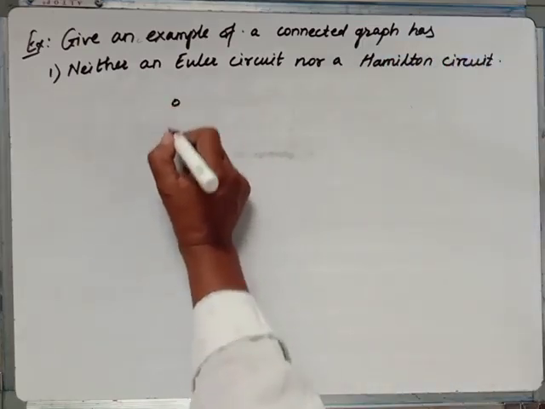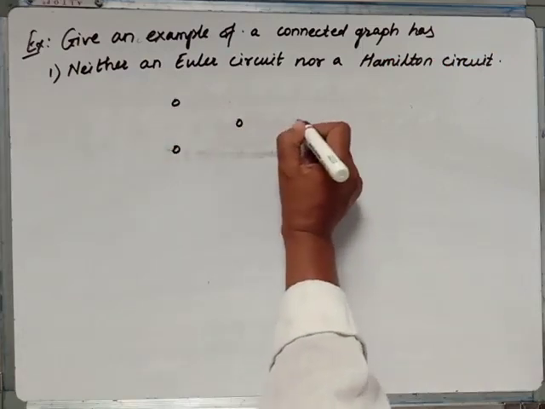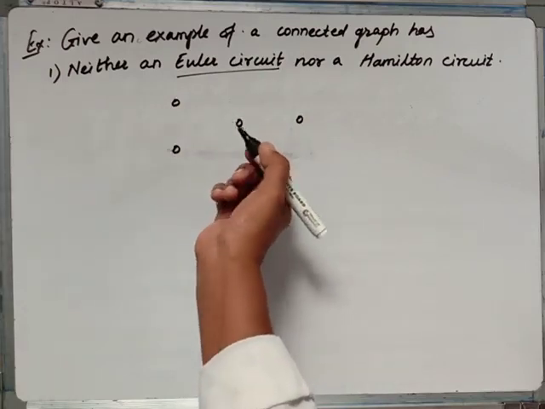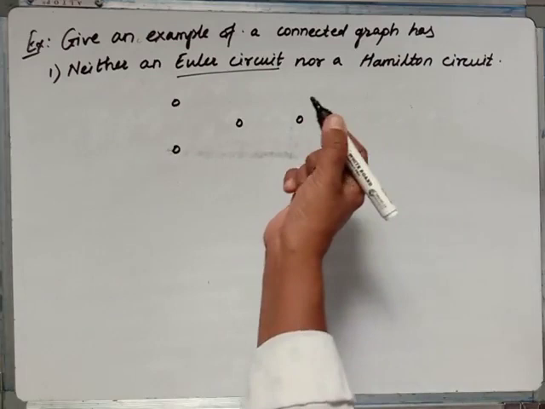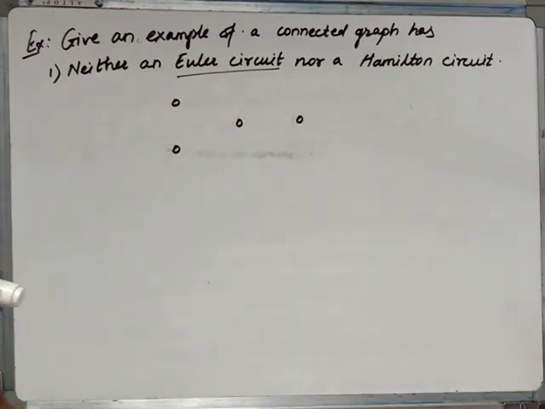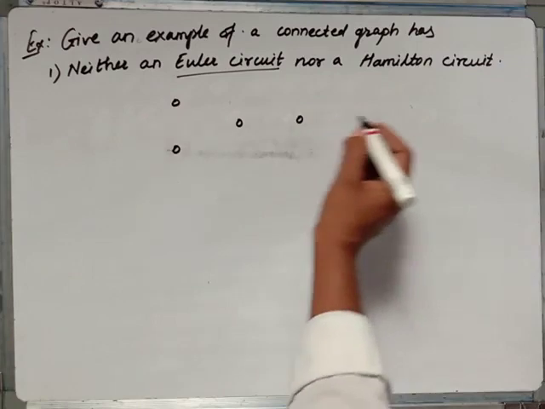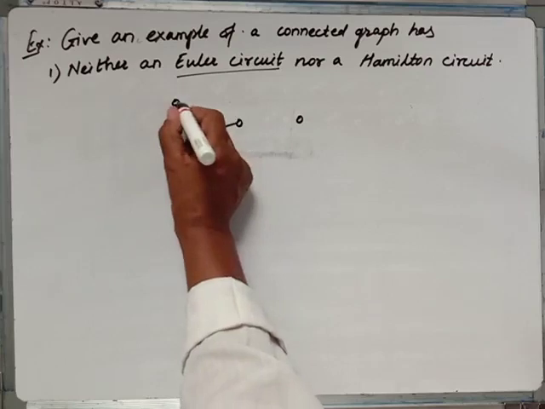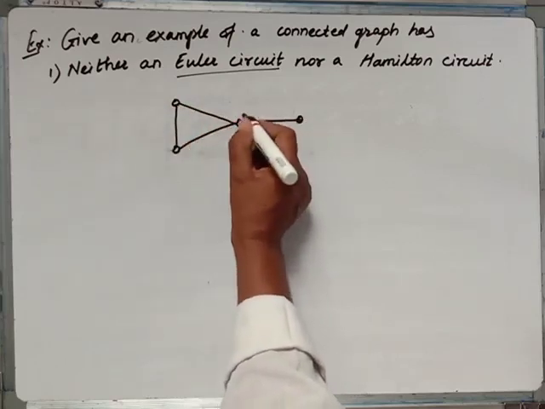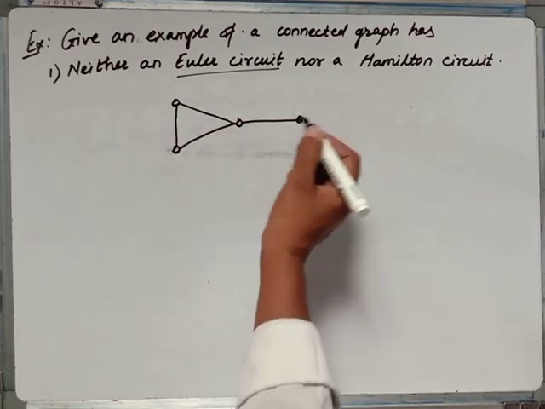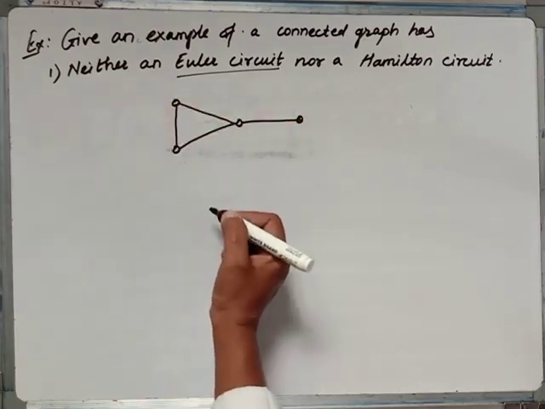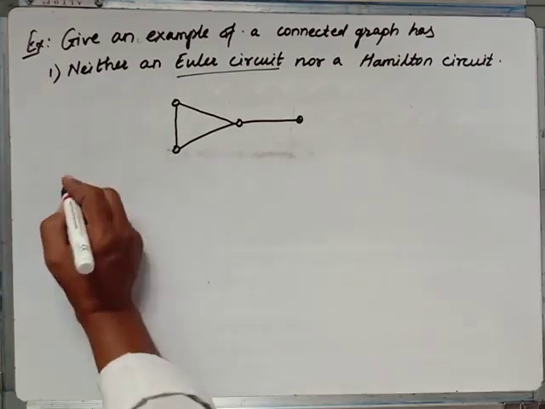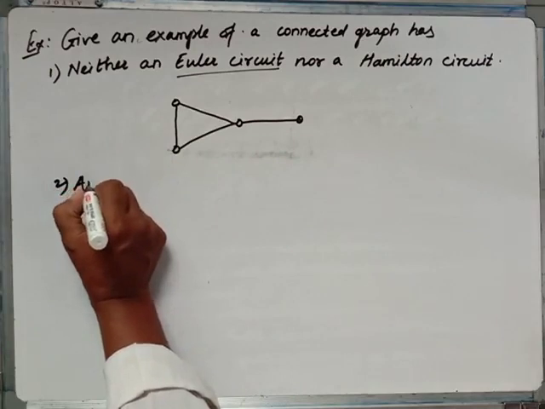Okay, so that time I have already given one graph. For an Euler circuit, simply draw one vertex with odd degree, and for a Hamilton circuit, draw such a circuit. So one vertex having degree 1, that is a pendant vertex. Simply draw that like this. Here the degree is 3. Here it will be a pendant vertex. So we can't reach the other one again. Okay, that's why it doesn't have an Euler circuit nor a Hamilton circuit.